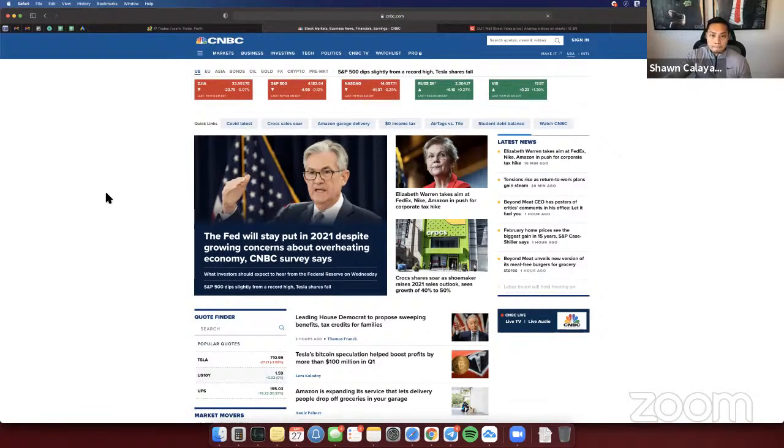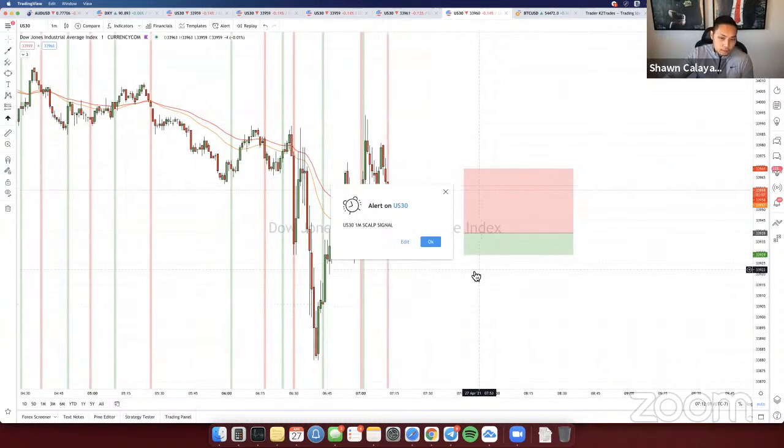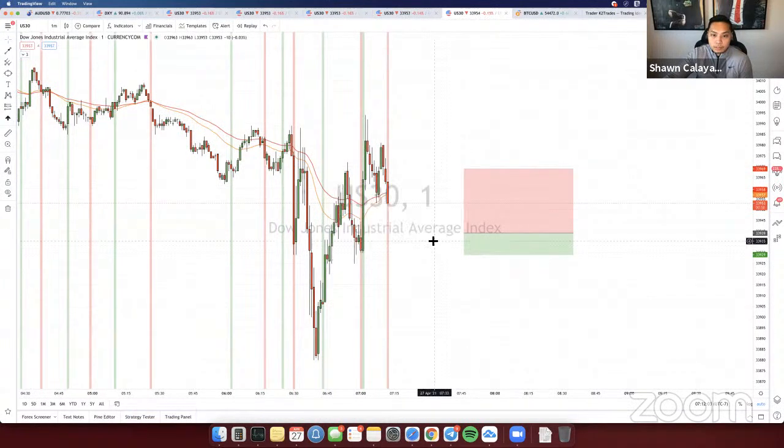So I think they'll probably be down for the rest of the day. And that's why I'm not too worried about it. I think they're going to continue dropping for the rest of the day. And then around 10 o'clock, they'll start to swing back up. It's only 7 o'clock right now. We got 3 hours until 10, so I think we got a lot of time for it to drop. There we go. See that big drop right there? Seeing it drop even further. Not too worried about it. Just going with the flow.